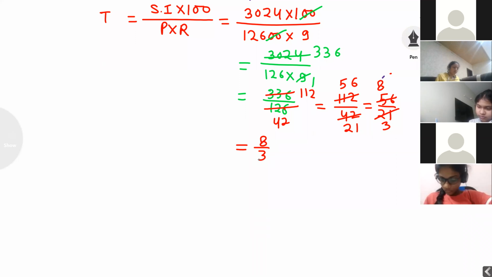Normal simplification is there, students. Why I have explained step by step? Because you need to understand how we are doing simplification. You should learn better how we are doing simplification. Main important thing is there. If we want to simplify any fraction, firstly you want to keep all divisibility test rules in your mind. If you don't know, you can't simplify. 8 by 3, I want to divide. I want to write into mixed fraction. Then it will become 2 and 2 by 3 years. This is the answer. Denominator multiplied by whole number plus numerator. 3 2s are 6 plus 2, 8.